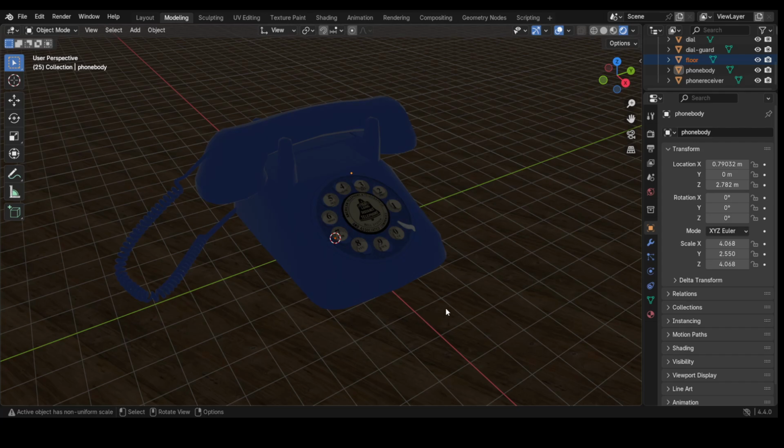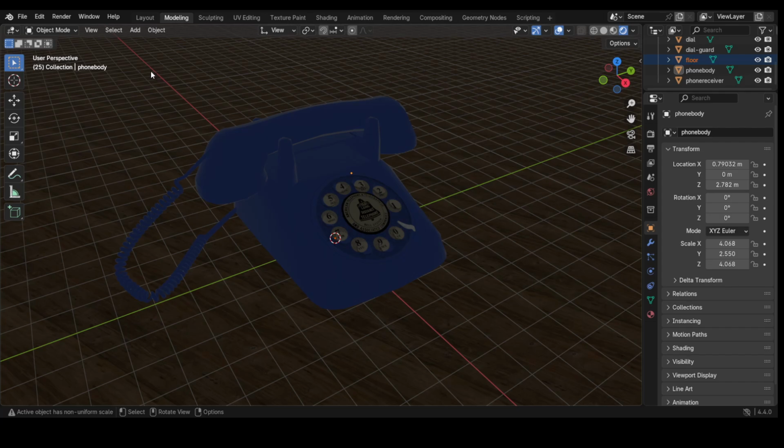We need to set this up so that we can get a proper render of this scene here. You'll also notice that I added a plane and have also applied another texture here. So it will be a little bit more complete as opposed to just this phone being rendered in a